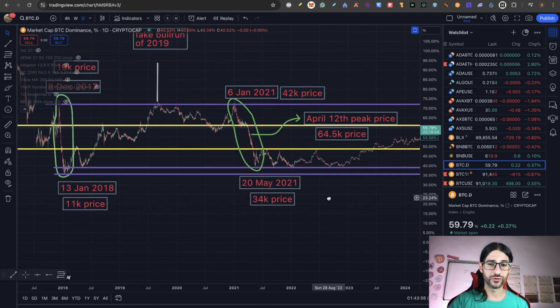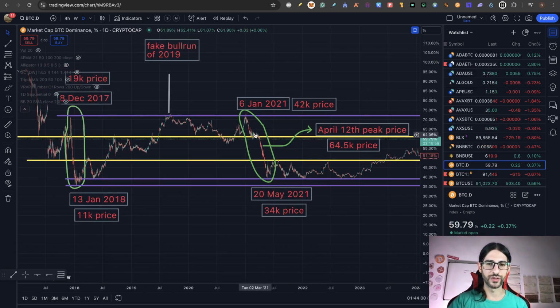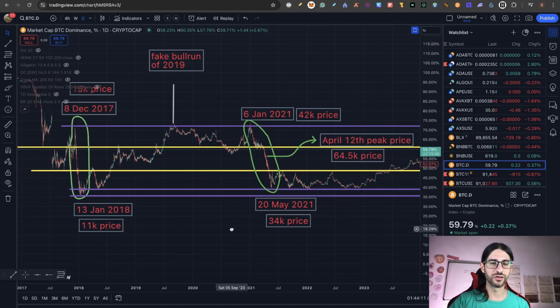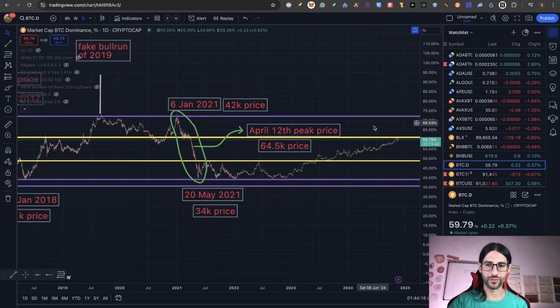So if you find yourself below the half of the dump of the Bitcoin dominance, you need to be really out of the market at that point. You are probably already topped out on the Bitcoin top, and you are probably ending the altcoin season too. So that is why the Bitcoin dominance chart is something to look up.